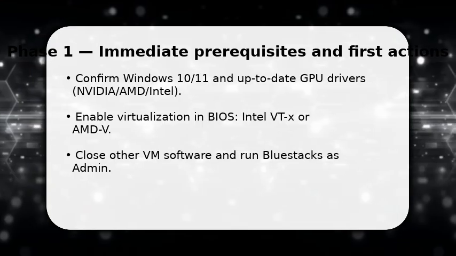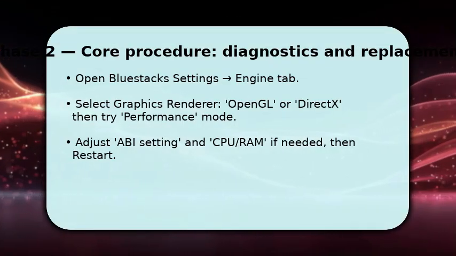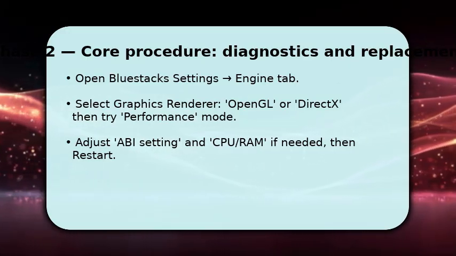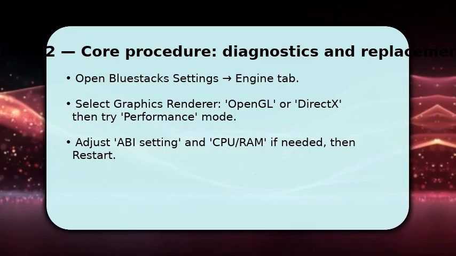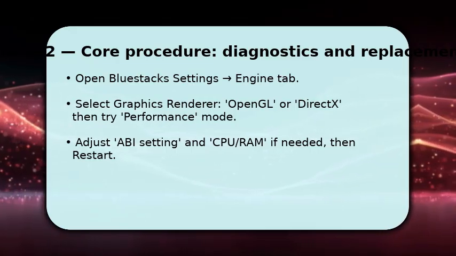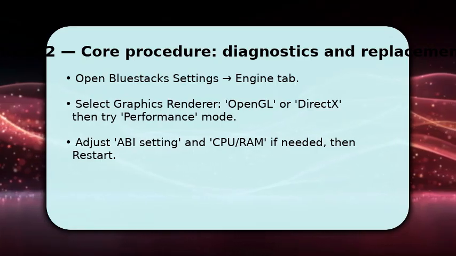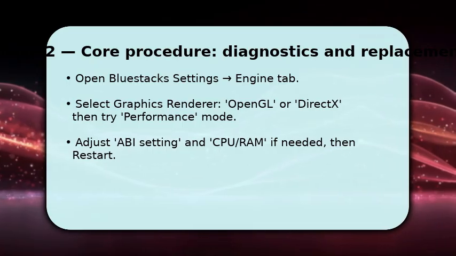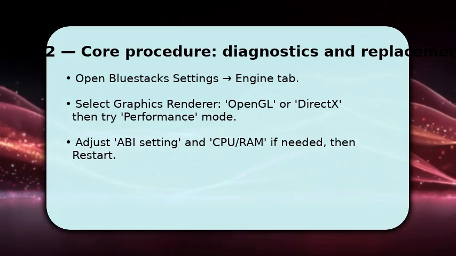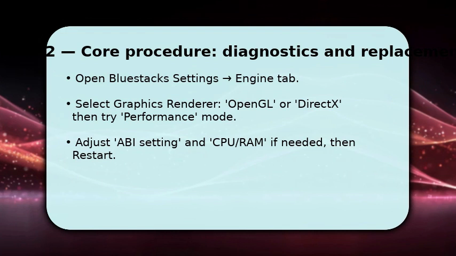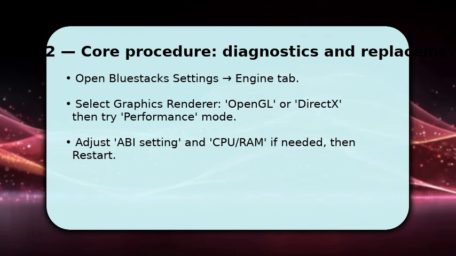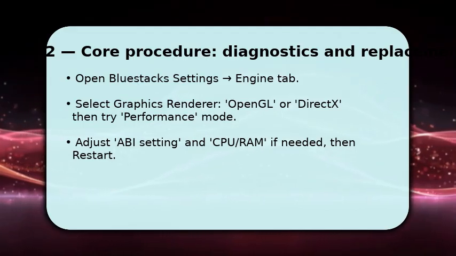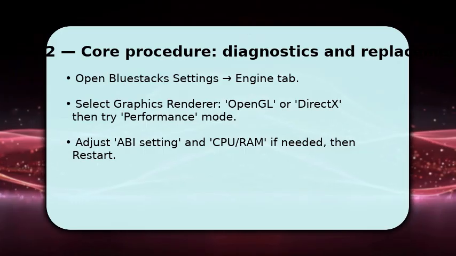changing options. You now change the engine settings inside BlueStacks. Open Settings and go to the Engine tab, choose the graphics renderer, start with DirectX for compatibility, switch to OpenGL if you need better app rendering. Then select Performance Mode to prioritize GPU usage. Also set ABI to match your app if it offers that option, and tweak CPU and RAM to realistic values. After making these changes, click Restart BlueStacks so the emulator reinitializes with GPU acceleration enabled and applies the new rendering